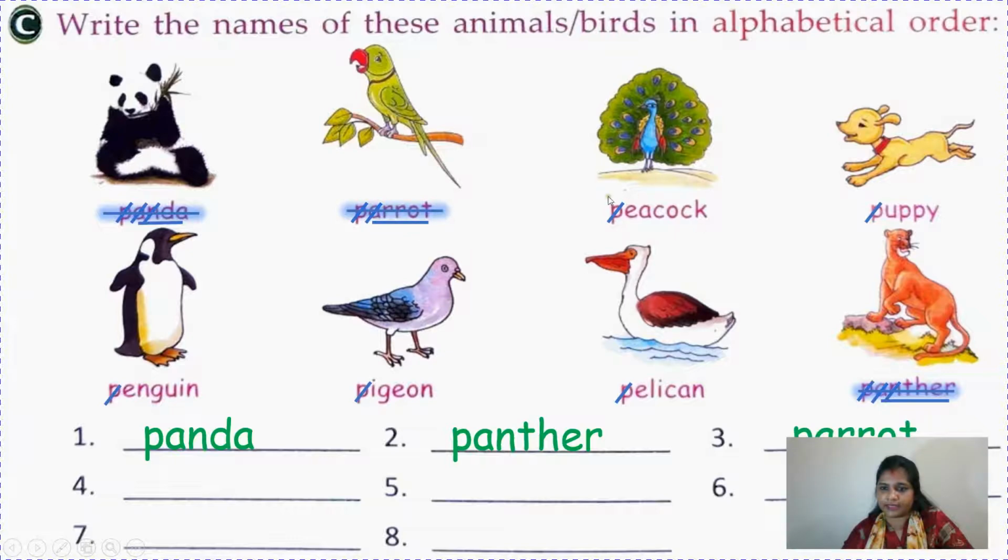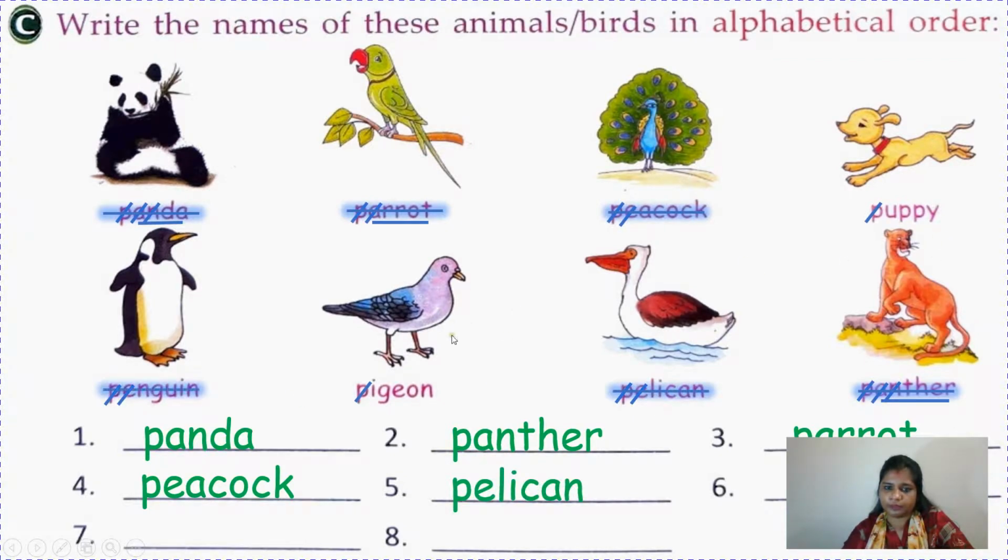Now move to the second letters of these words, E, U, E, I and E. Again E comes before I and U. So we have to do with peacock, penguin and pelican. So let's strike E. Now the third letters are E, N and L. So we know A comes first, so we will write peacock and strike it off. Now in N and L, L comes first, so pelican. After that penguin. So we have done this.